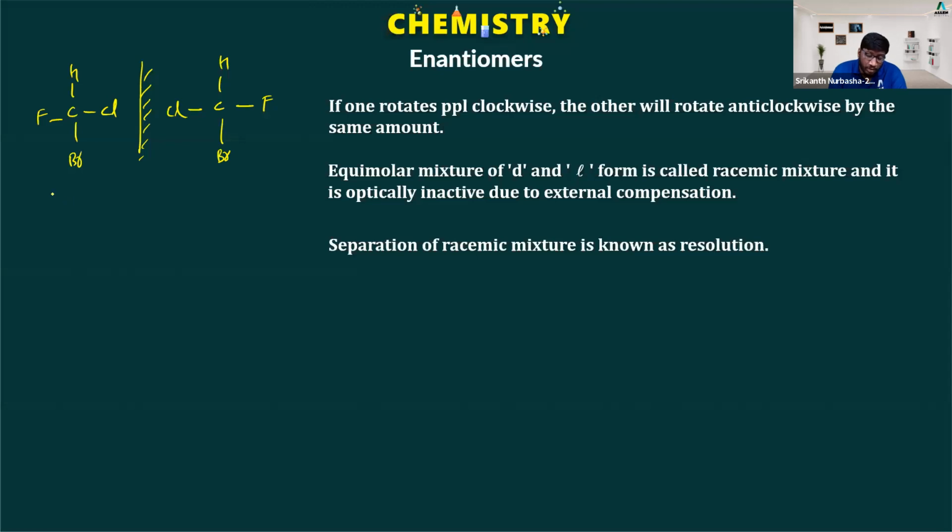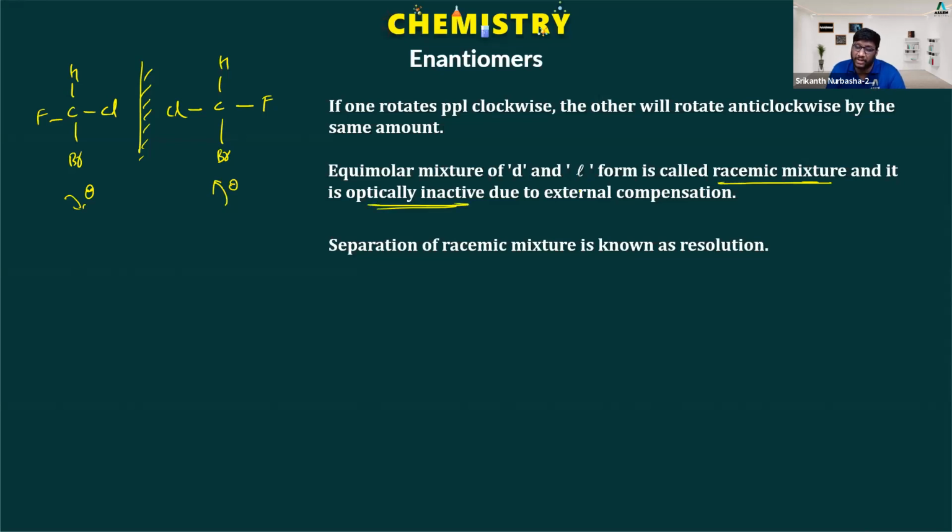If one compound rotates by an angle theta in the clockwise direction, the other will rotate by the same angle theta in the anti-clockwise direction. So if you take an equimolar mixture, 50% of one enantiomer and 50% of the other, and add the rotations, the net rotation is going to be 0. So an equimolar mixture of D and L forms is called a racemic mixture and it is optically inactive due to